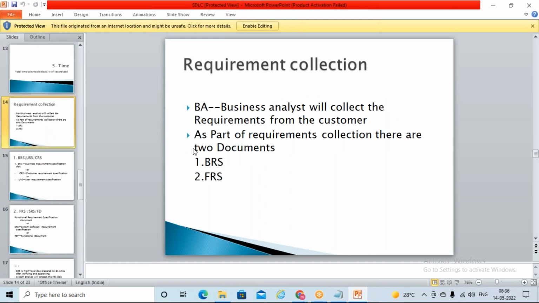We collect the actual requirements. Okay, what are actual requirements? As a part of requirement collection, our business analyst will collect the requirements, like user stories, right? They collect those user stories sprint wise. Okay, sprint wise, the user stories will be ready, and we'll have a grooming session and discuss,